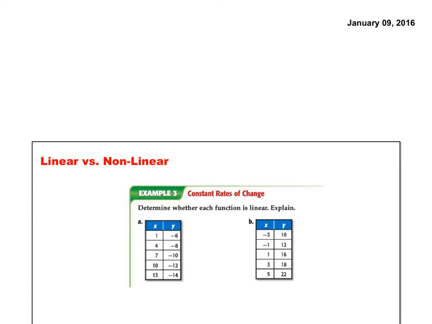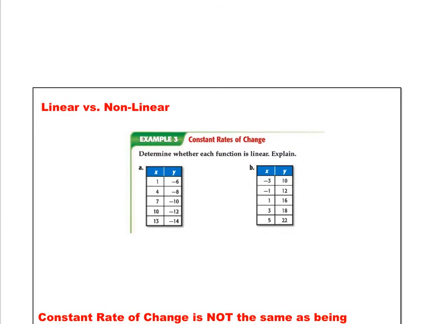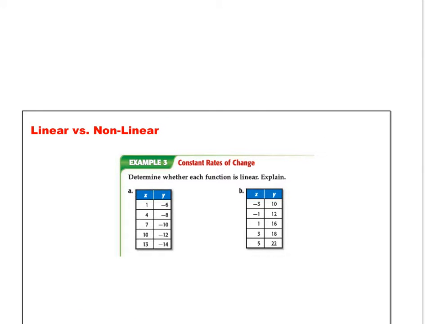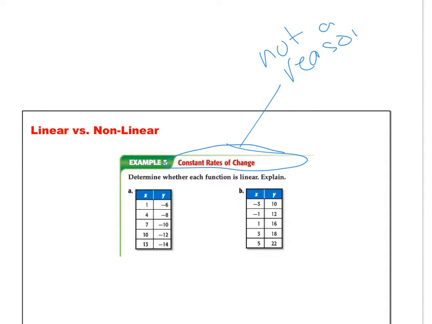Linear versus nonlinear. Being linear is not the same as being proportional. To be proportional, yes, it has to be linear, but things that are linear can also be non-proportional. The telltale of something being linear is having a constant rate of change. This is not a reason for proportionality, because this can be